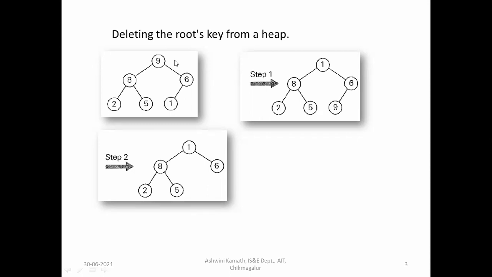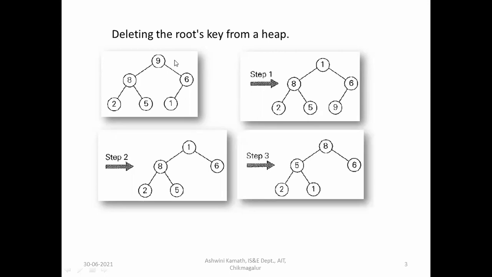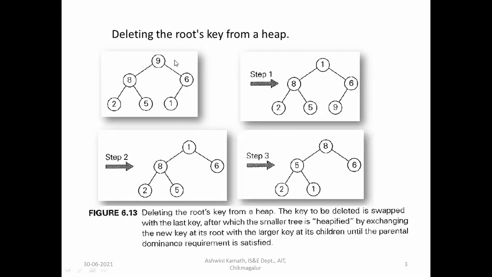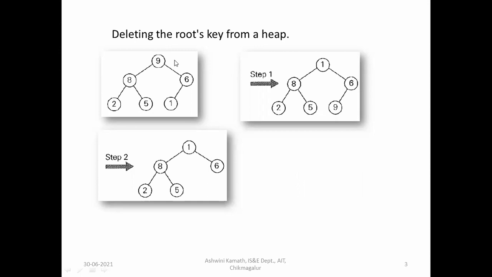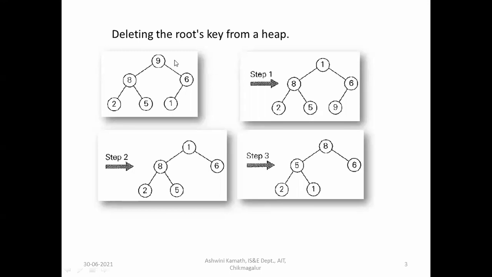Now the left subtree has been changed, it is not a heap. 1, 2 and 5 are in the left subtree. So wherever we have position 1, for that we have 2 and 5 again. Among 2 and 5, 5 is greater, so exchange that with 1. So we'll get the tree like this: 8 5 6 2 and 1. This is step 3, after applying the bottom up approach for heap construction.